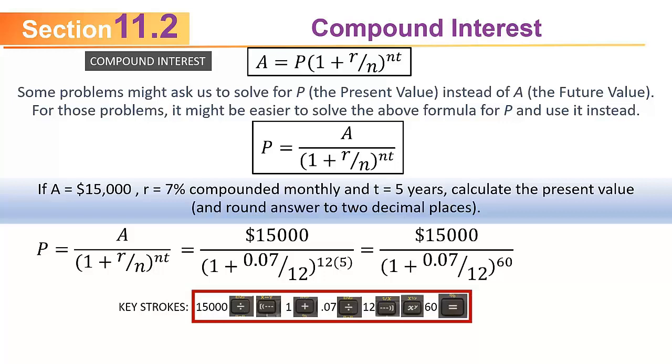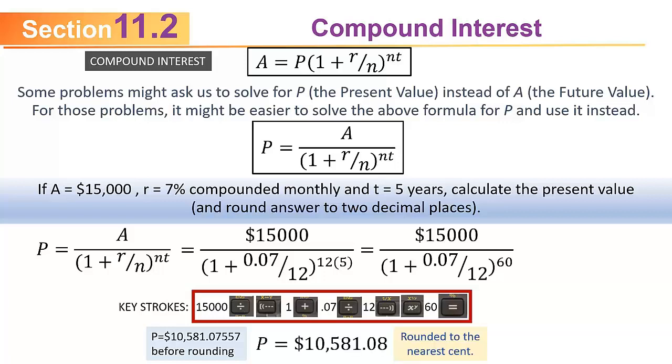That 60 is in the exponent position, so you have to press the power button, the X to the Y. Then you type in 60, and if you press equal to, it will do the entire calculation, and before rounding, you get a present value of $10,581.07557, and if you round that to the nearest cent, you get a present value of